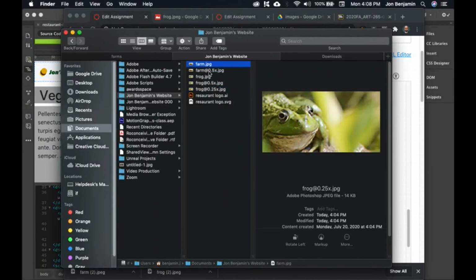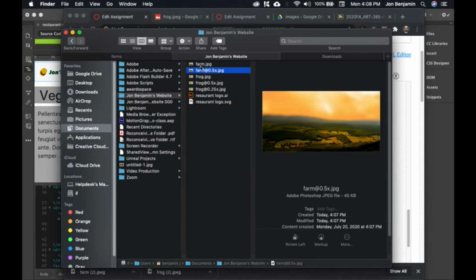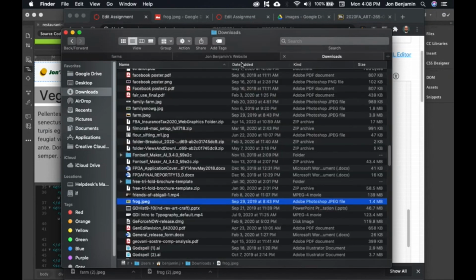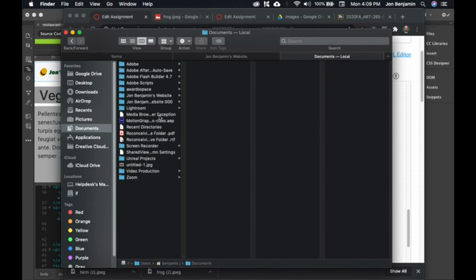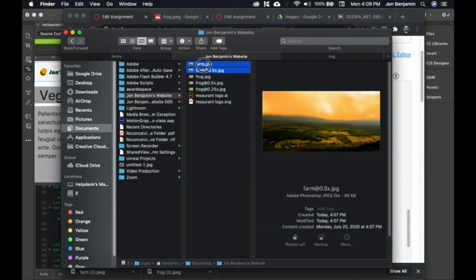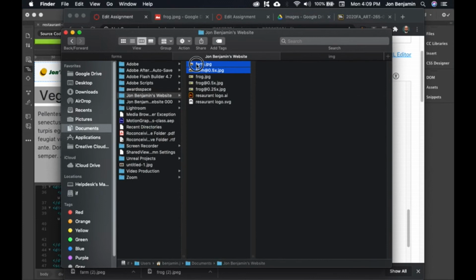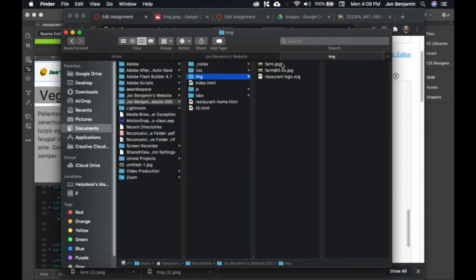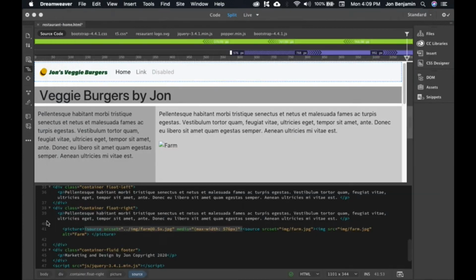I've got my two farm images right here, and then I need to go over to my documents folder, and here is my website folder with my IMG folder and my restaurant logo. So now what I need to do is take these two images and move them to this IMG folder. Okay, now that they're in the right location,